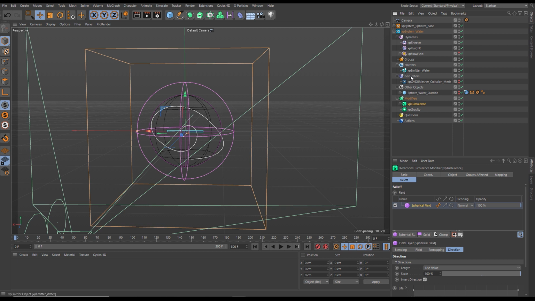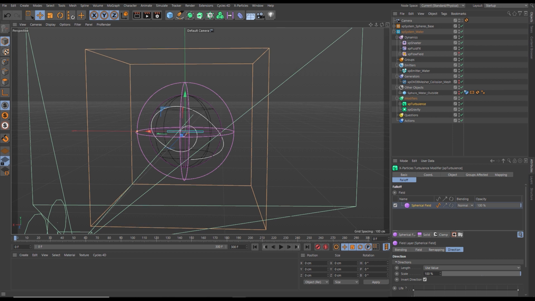So now what makes water look great in xParticles is it's a two-stage process. You need to get the water animation right first using the FluidFX and the Sheeter, and that gives you these water particles. We will mesh these water particles with the OpenVDB mesher to create the water geometry. And then we want to make loads of splash spray particles which give it that sense of detail. So what we need to move on to now is creating the splash and spray and foam particles based on